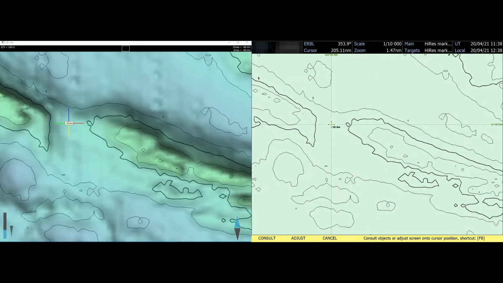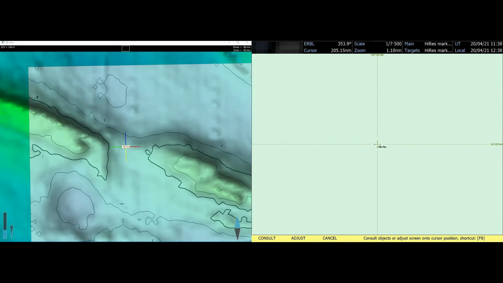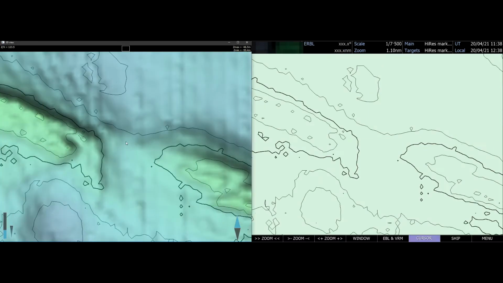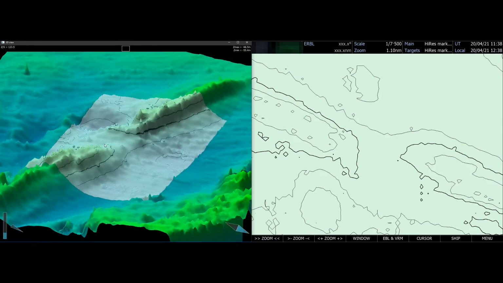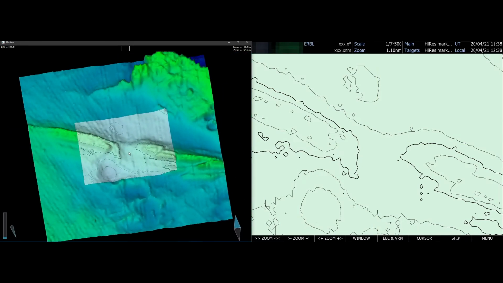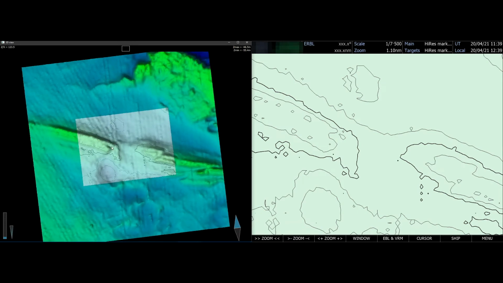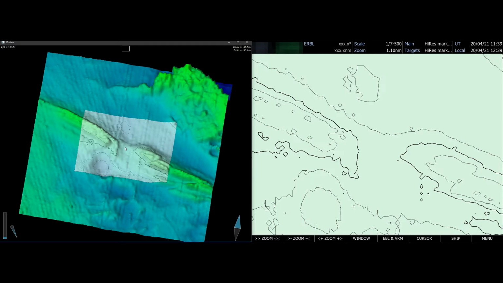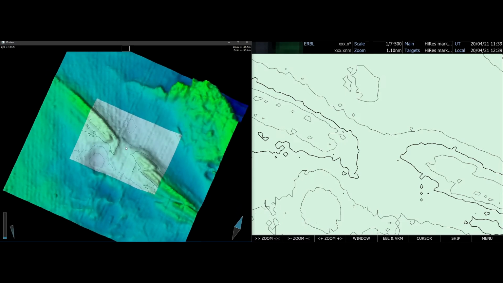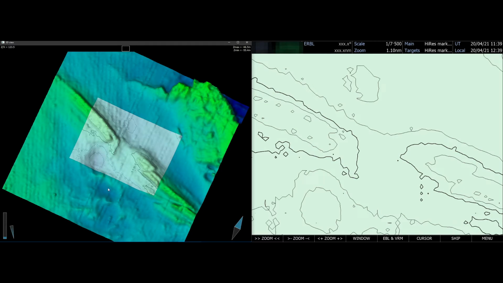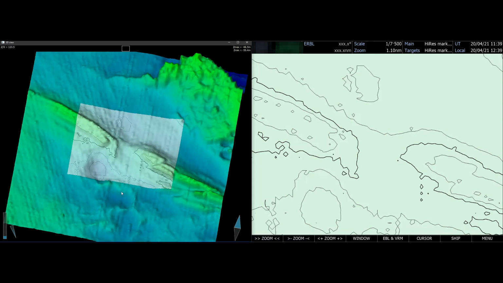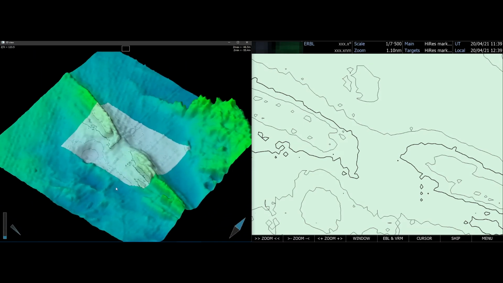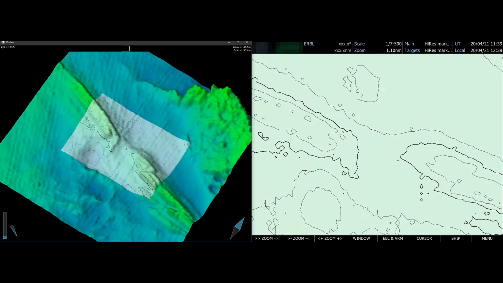And we'll come in here. We're working in meters in this video. So 50 meters water depth here, rising to 48. The spur is starting to shallow out. And if we zoom out on the 3D image, we'll be able to see how it's behaving. It's coming out here. There's a cut through it here. And to the south of this cut, we can see depressions in the seabed. Whatever's causing those,